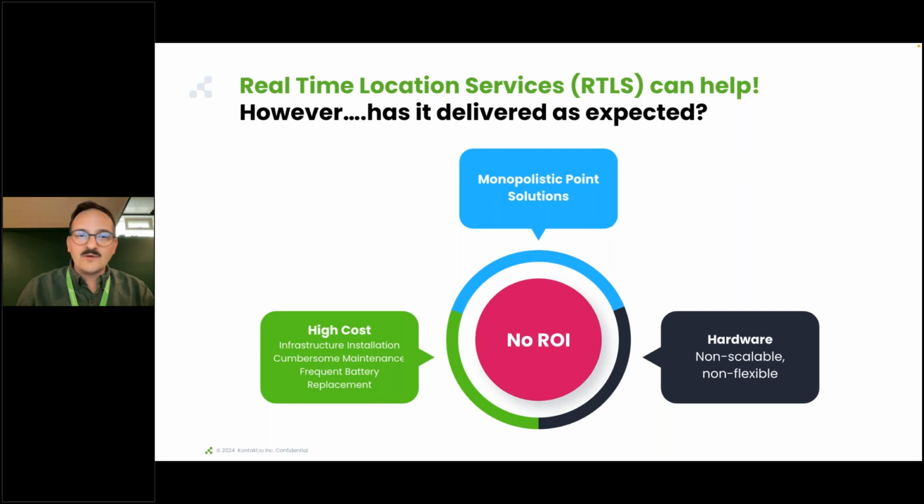And the question I always ask is, has it delivered as expected? Rarely we'll get an answer that, yeah, absolutely, it's been working as expected. But more commonly, I get a really big response that even if it did work, we received no ROI. And that was because of the three main issues I've got on screen here, which is the cost was just